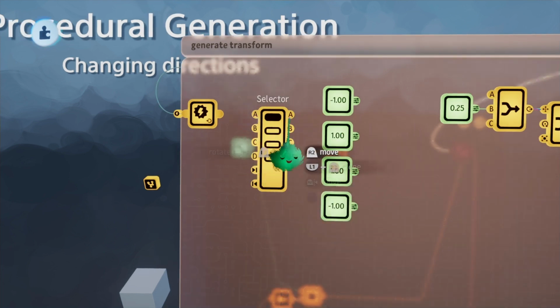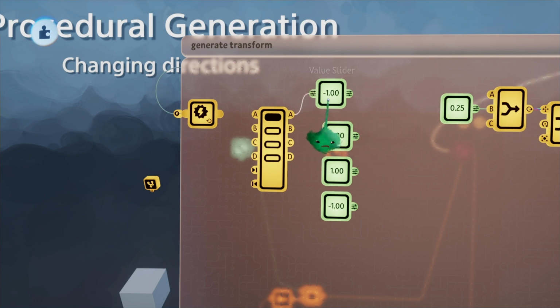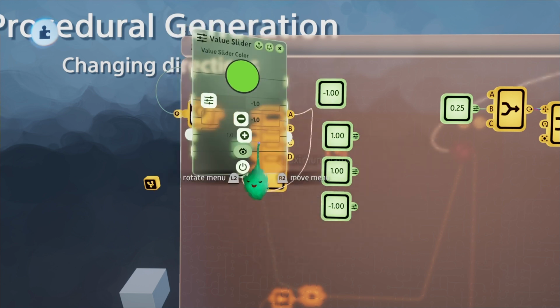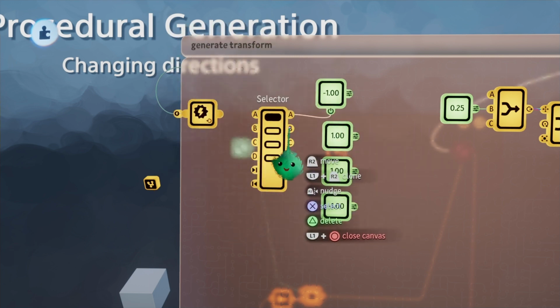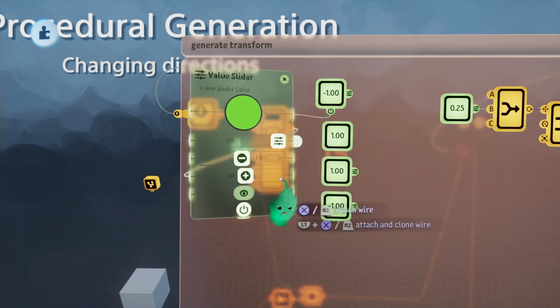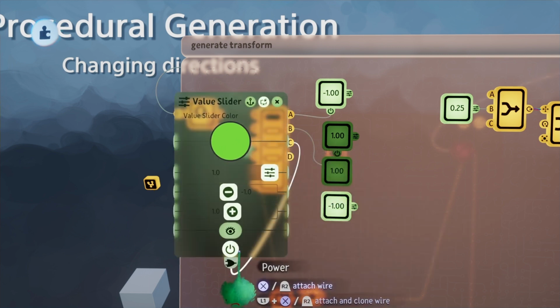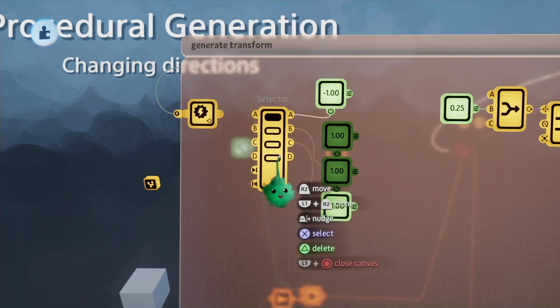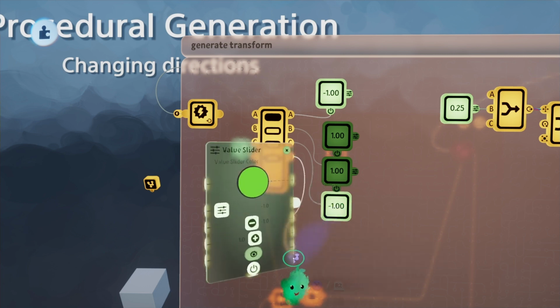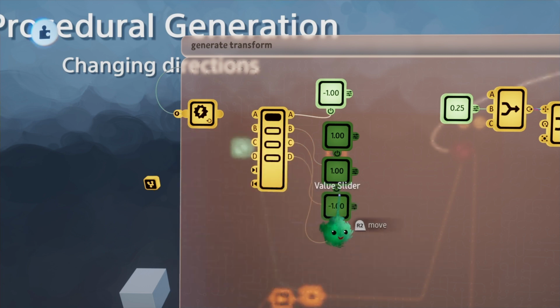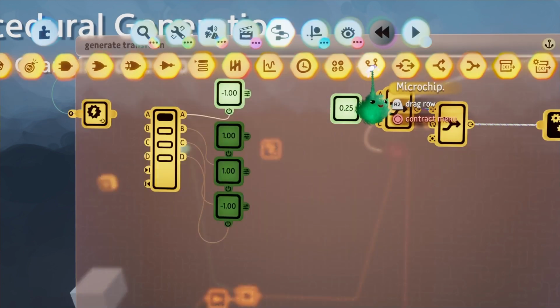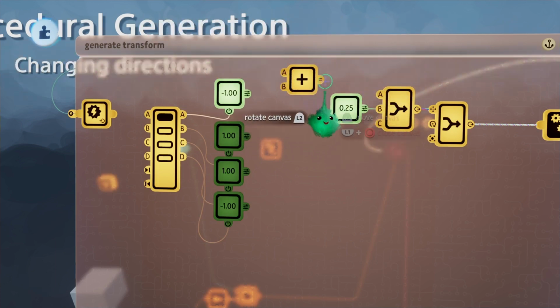As we said before, north is going to be -1 in the z direction, so I'll use this to power this value slider. East is +1 in the x direction, so I'll use b to power this. South will be a positive in the z direction, and west will be a -1 or negative in the x direction. I'm going to do the same thing I did before with this little trick,